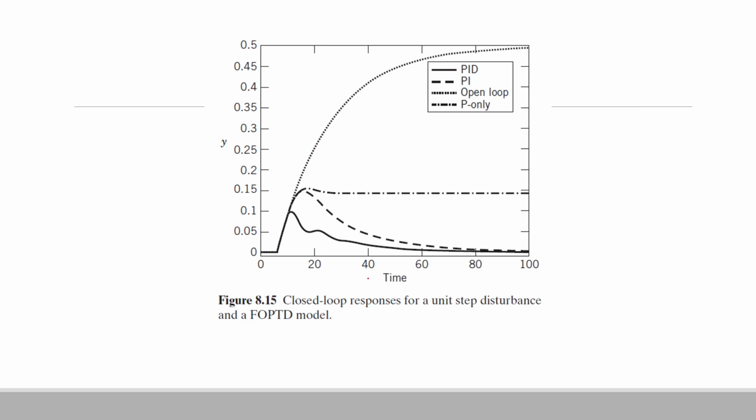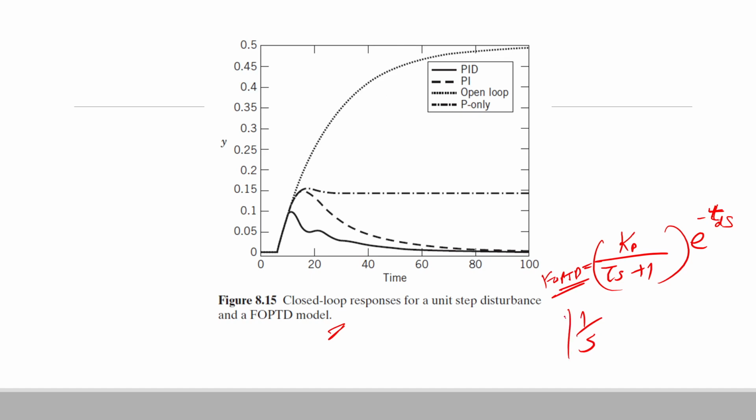Over here we are seeing the closed loop responses of the P, PI and PID controllers for an FOPTD model. FOPTD is this simple first order process, Kp upon tau s plus 1, and then we have this time delay term, e raised to minus tau d s. So this is our FOPTD model, and if I provide a step input of, let's say, 1 by s to this system,